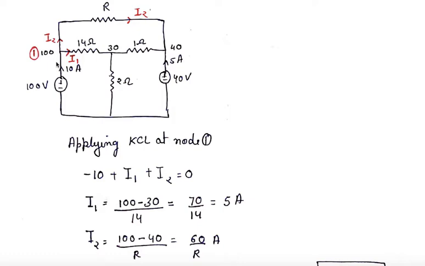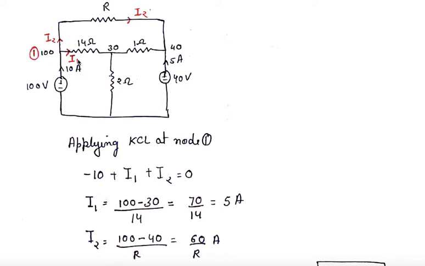In those questions where it is not clear which is the higher voltage value, you have to mark the current by considering the direction in which you have marked it. Current is flowing like this, so 100 will be at the higher potential. If here it would be 100 and here it would be 30, we would purposefully mark our current in this direction, because in this scenario it is clear that the current would flow from higher potential to lower potential when the values of voltages are given.